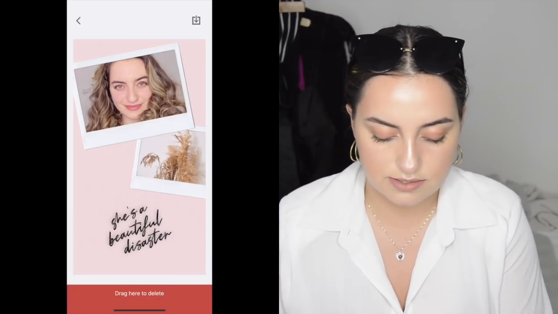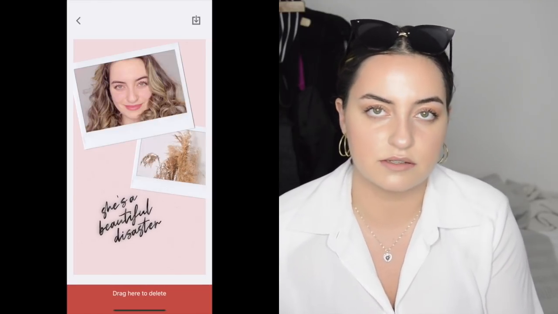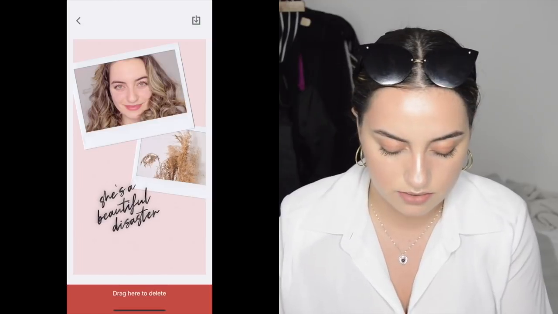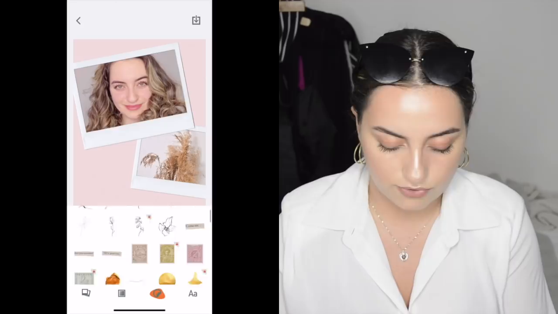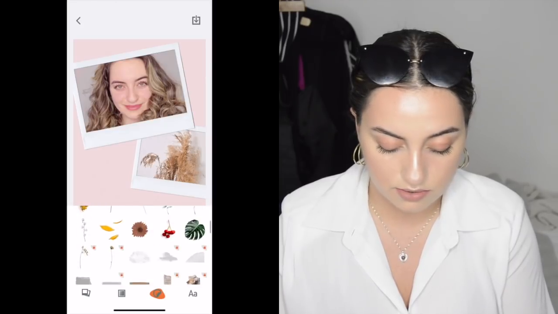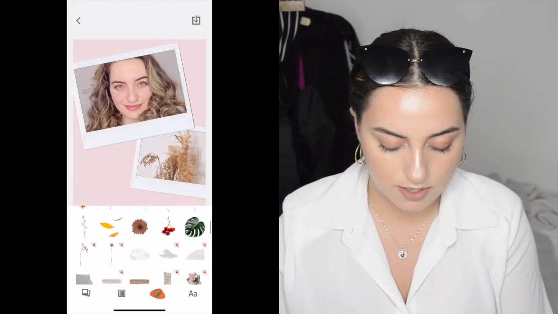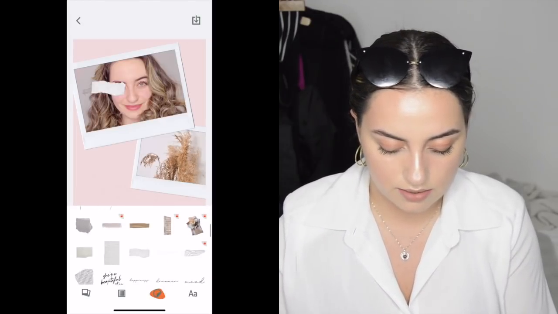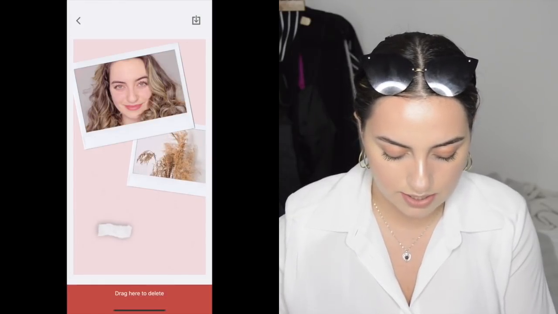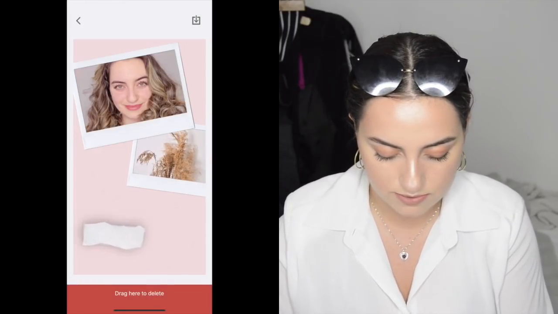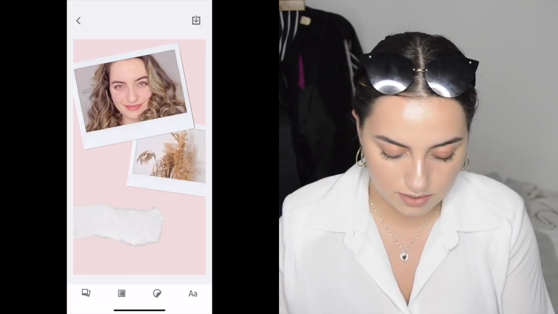And then this that I'm moving right now is a sticker, so you can't edit the text on it, but I'm just gonna drag it to the bottom. There's free stickers to choose from. The ones that are locked are ones you have to pay for, so we're not gonna use those today, but you can add like a little paper thingy. Why can't I zoom it? I should be able to zoom. You can put that there. You can write,